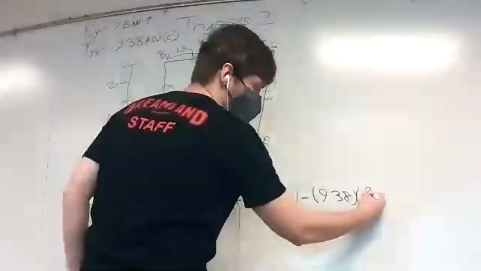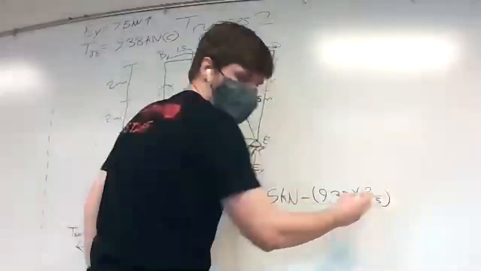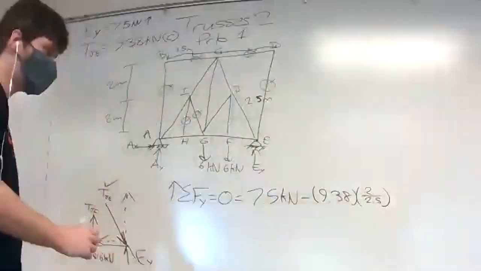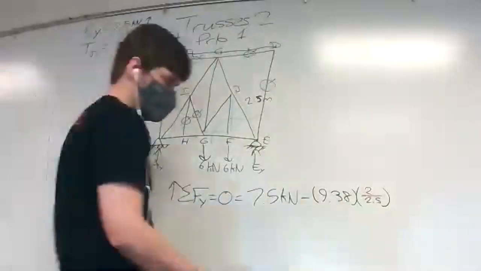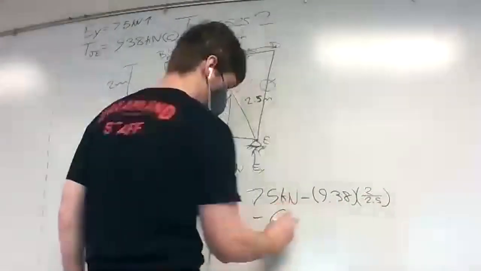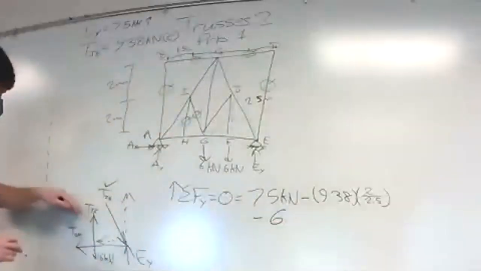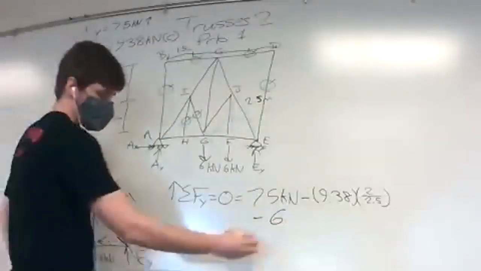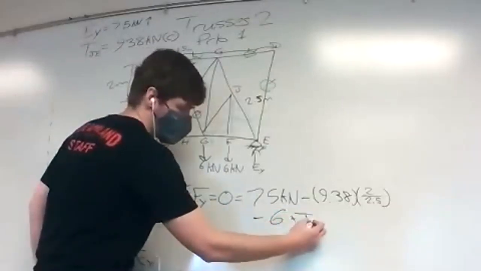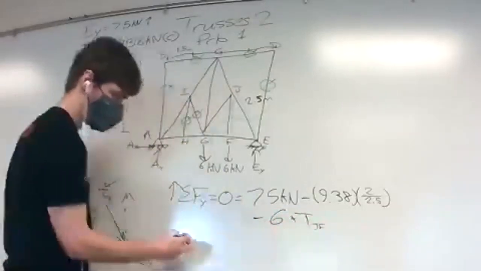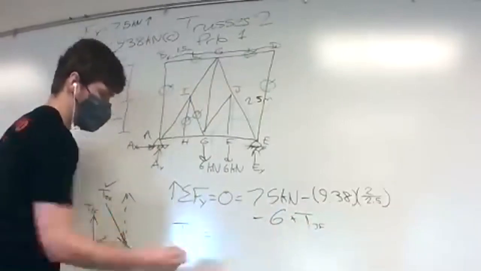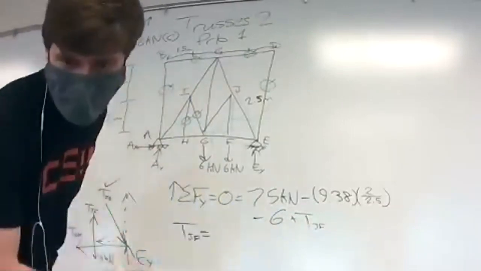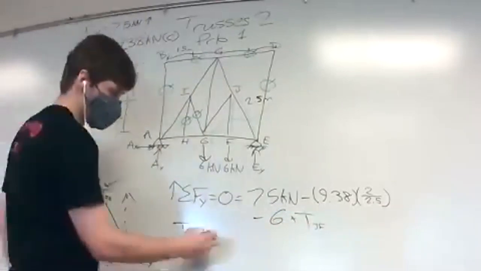We know the 2.5. And we'll have minus 6. And then finally plus TJF. Use this equation to get that TJF is equal to 6